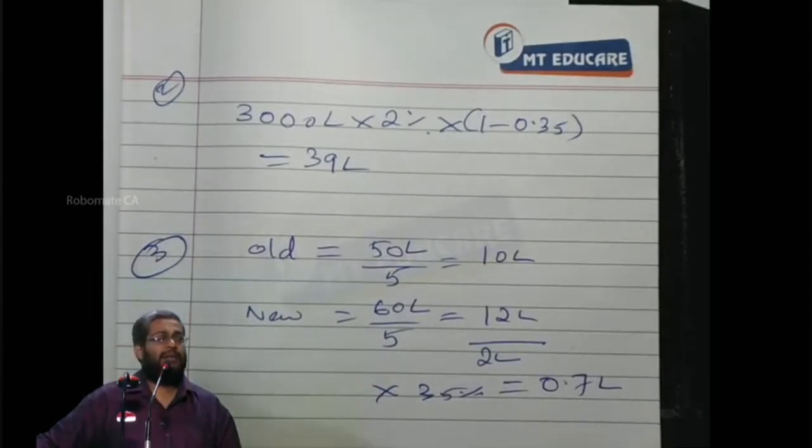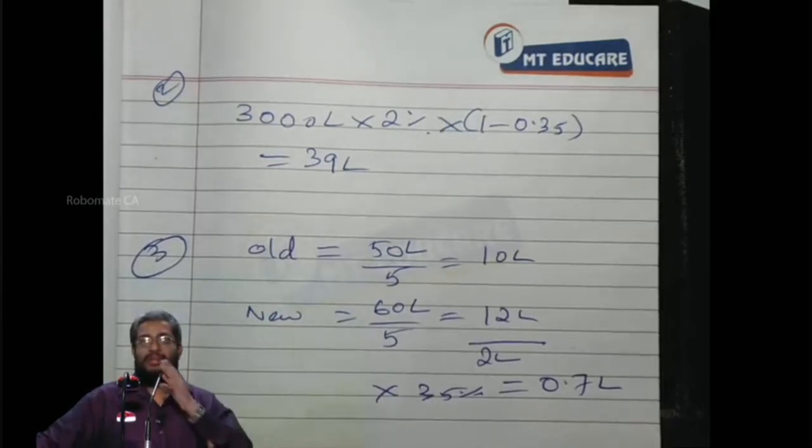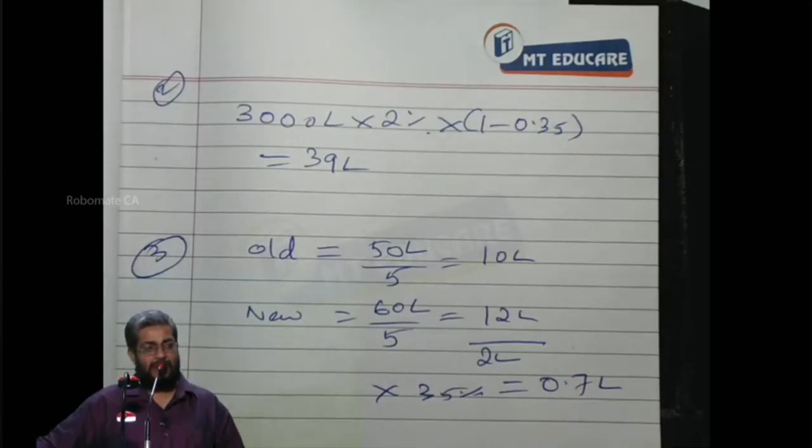The current before tax yield expected by investors is how much percent? 14%. The current yield expected by investors is 14%. And